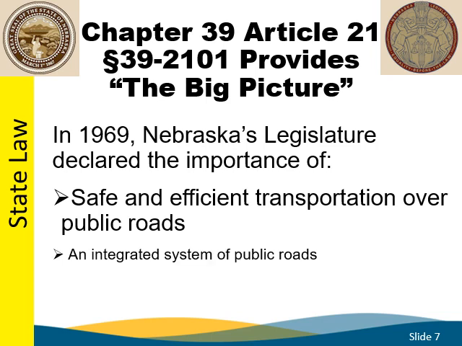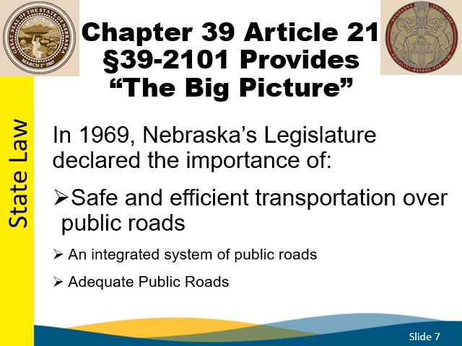An integrated system of public roads is essential to the general welfare of the state. And adequate public roads provide for the free flow of traffic, protect the health and safety of the citizens of the state, result in lower cost of motor vehicle operation, increase property values, and generally promote the economic and social